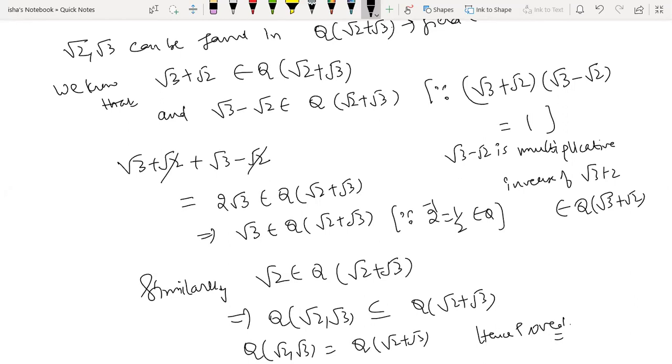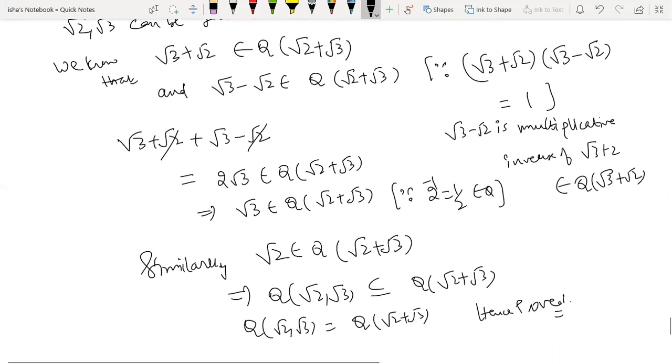So you will come to know about this kind of result, why we are interested in proving this, when we'll be doing some more definitions and examples. You will understand its usage later, why we need this kind of thing. When we are extending a field by finitely many elements, as here we extended by 2 elements, all I'm trying to know is whether there is a single element with which, if I extend the field, then I get the same field. So instead of extending the field with two elements root 2 and root 3, it is sufficient to extend the field with one single element root 2 plus root 3. Right, now what are these individually?